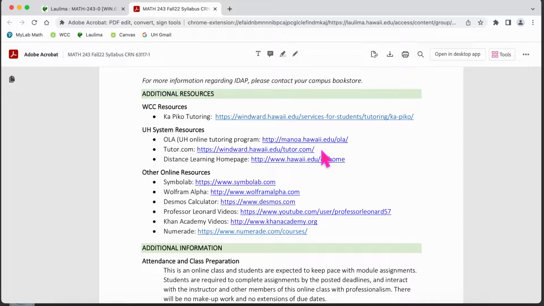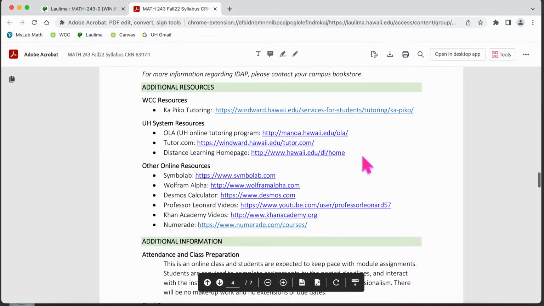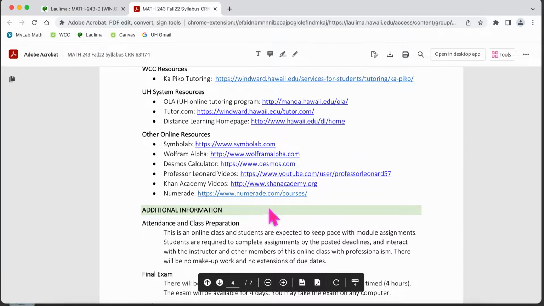I believe they use Blackboard, but I'm not sure. They may have changed their platform. And then at the end here, other online resources that students find helpful would be Symbolab, Wolfram Alpha, and so on. This Professor Leonard, this is a professor that recorded his lecture videos, and his calculus videos are really good. You might want to check those out.